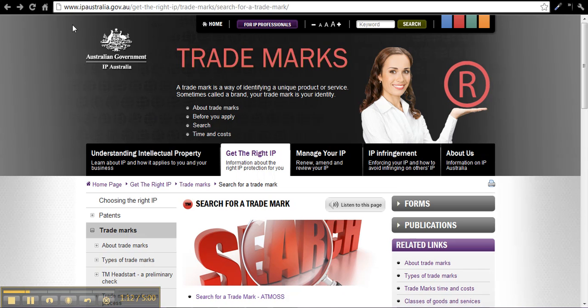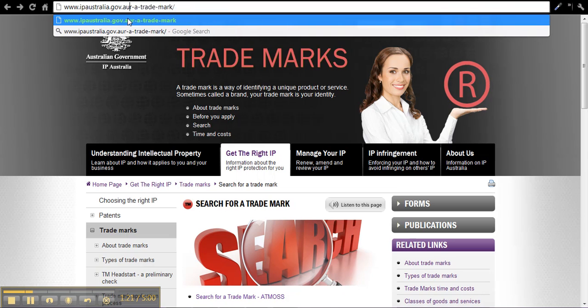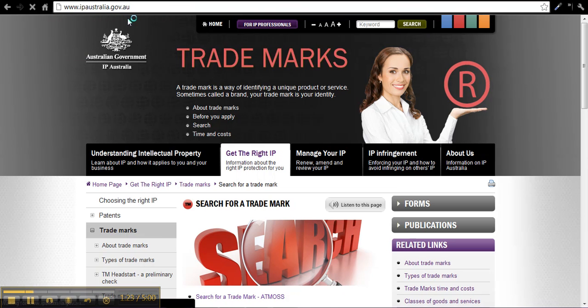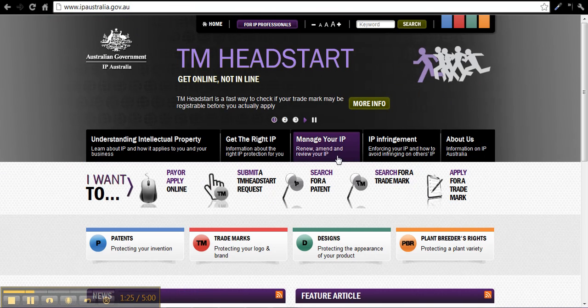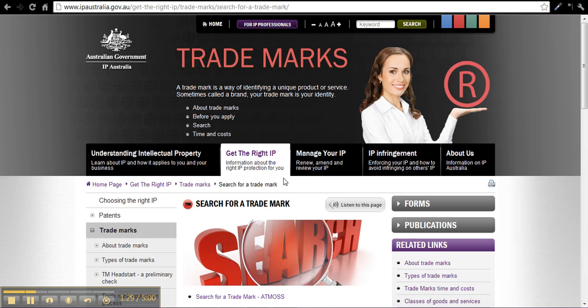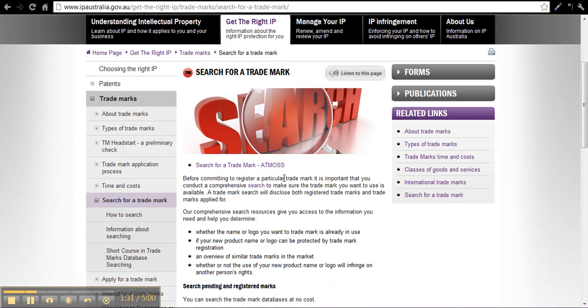So let's go. ipaustralia.gov.au is the address that you want. So that'll just take you straight into the home page. Ta-da! And where we're going to go to is to search for a trademark. So what you need to click on, you need to go to this Atmos section,